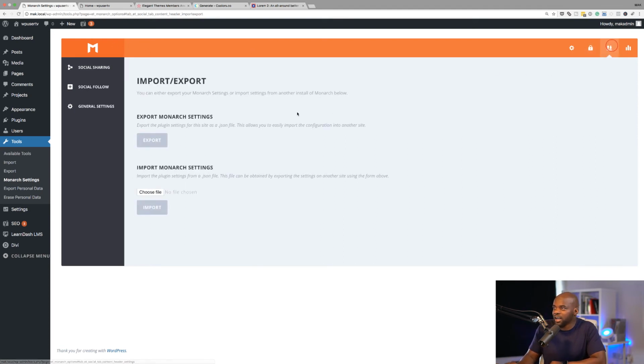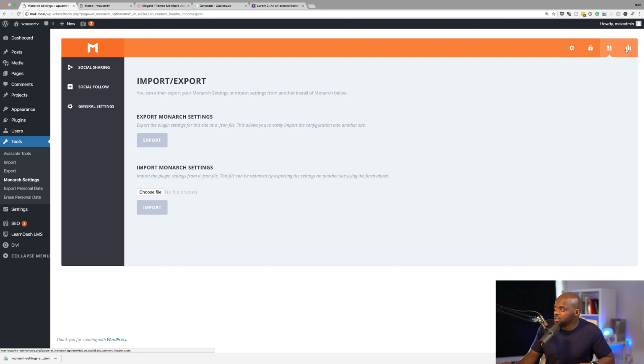Okay, so moving on, and I think this is very important because let's say you've set up all your icons the way you want, and you want to use them on a different website. You may be a freelancer or design agency. This process makes it much easier to just transfer all your settings to the new websites. You can export just by clicking here, and you can also choose the file here and import. So it's as simple as that. All your settings will be exported and also imported onto different websites.